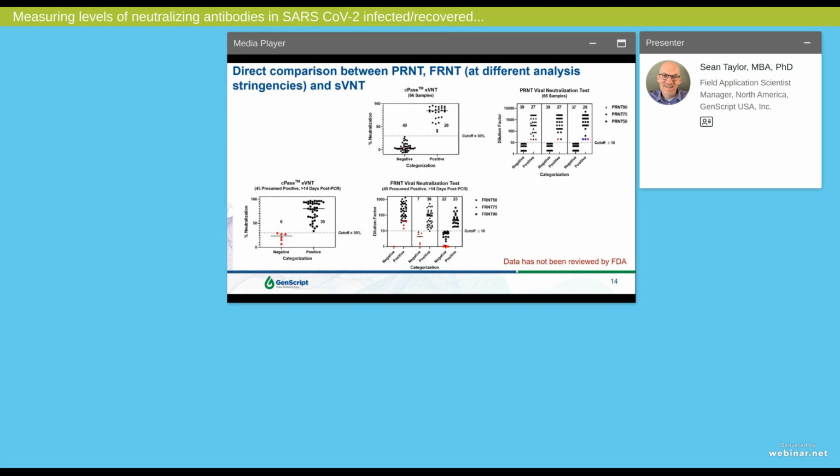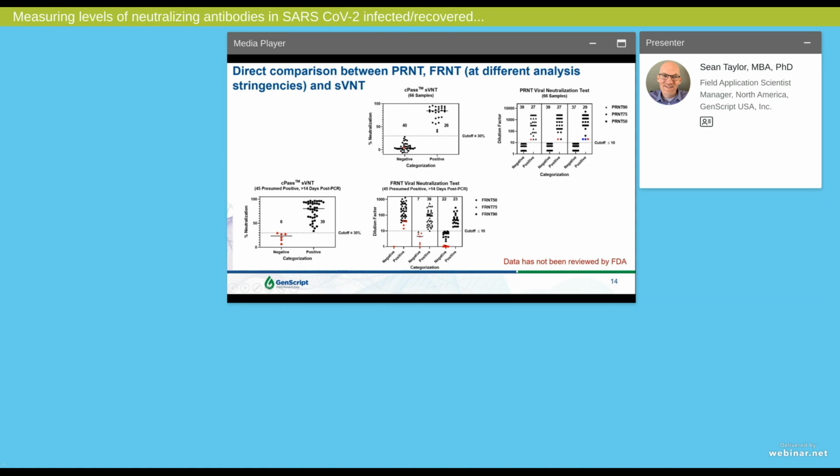positive. When we look at PRNT, there are a variety of sensitivity settings that you can use in PRNT that cause the results to change. So if we look at 50% plaque reduction, 75% plaque reduction, or 90% plaque reduction, the data change. So at 50%, 2 of the samples were falsely called positive. And then at 75 and 90% neutralization, the data were very similar to the Cpass test. There was only one sample in red that was called positive in the plaque reducing test that was called negative